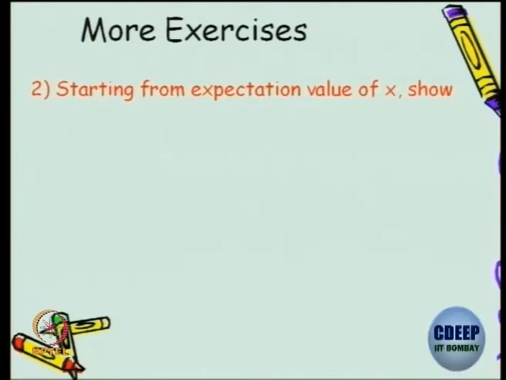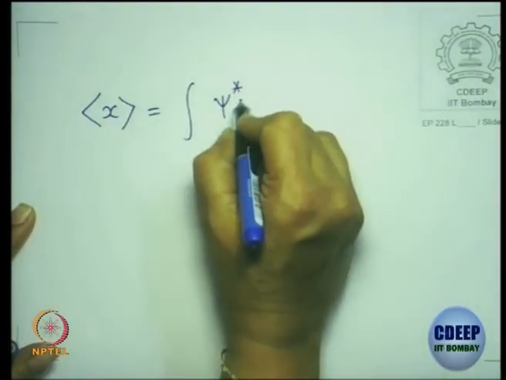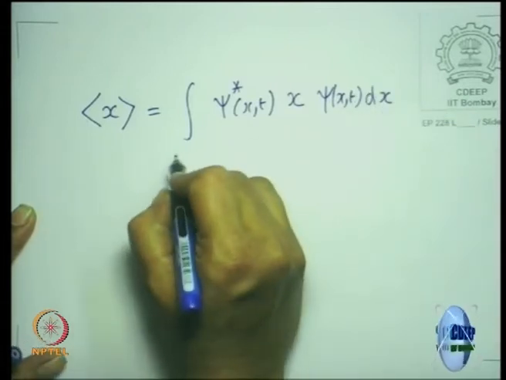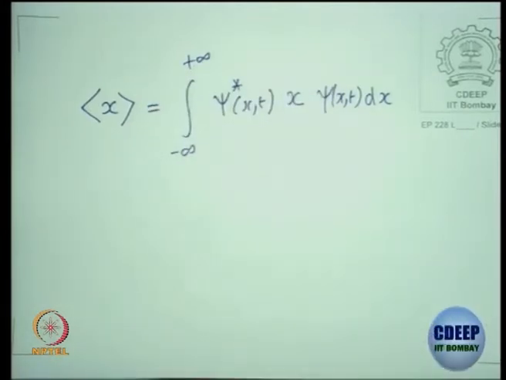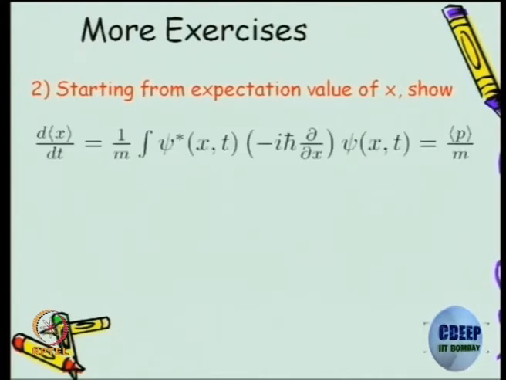More exercises. Starting from expectation value of x, how do you write the expectation value of x? If I assume psi to be a normalized wave function, this is the way we will write the expectation value of x, right? I'm just recalling what you have learnt in your first year course. So, you start from the expectation value of x, show that d by dt of that expectation value, we do the algebra and show that it is